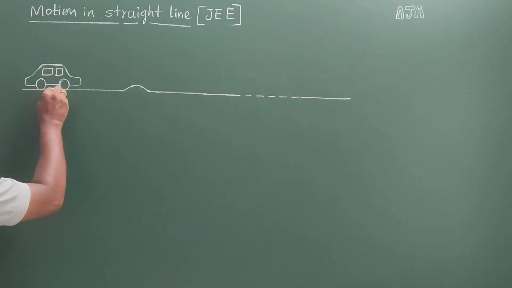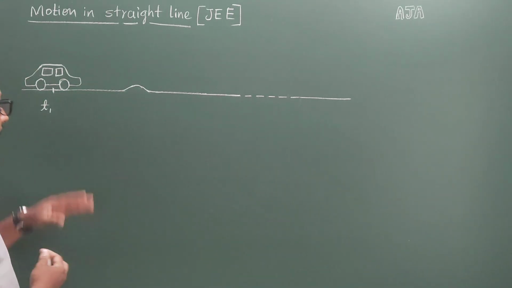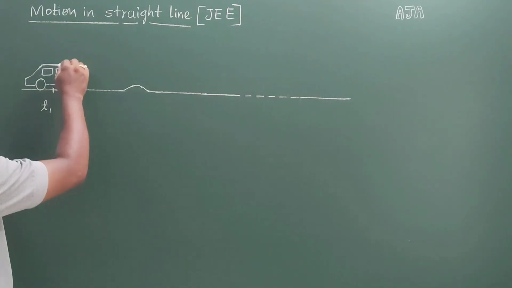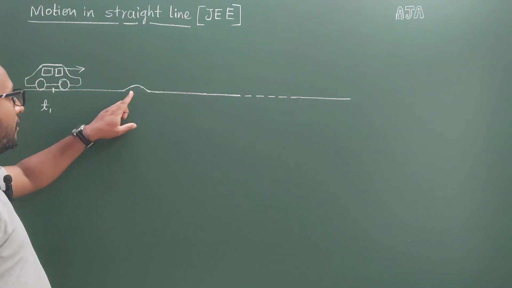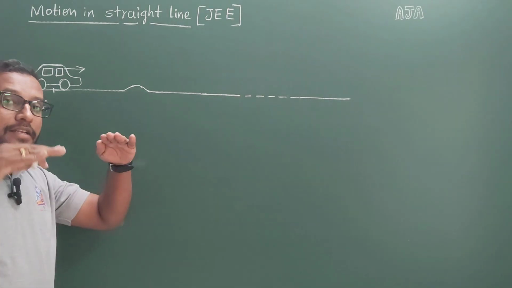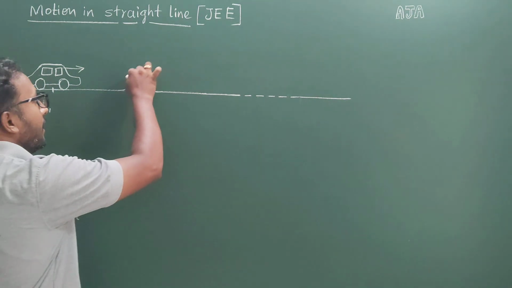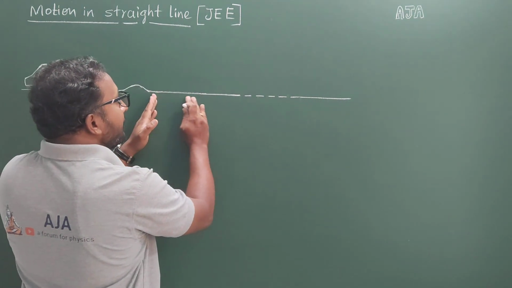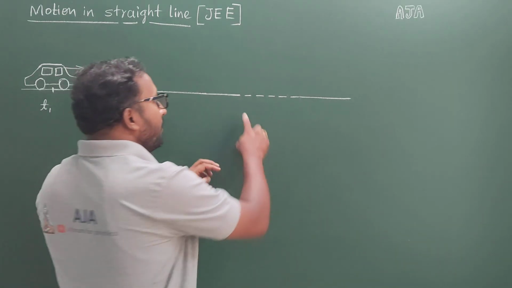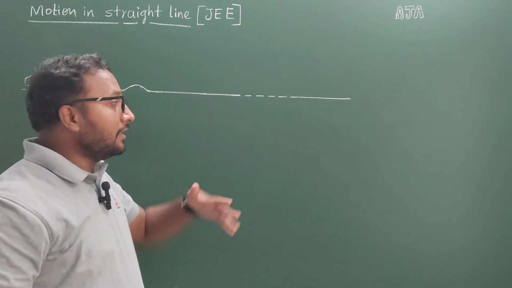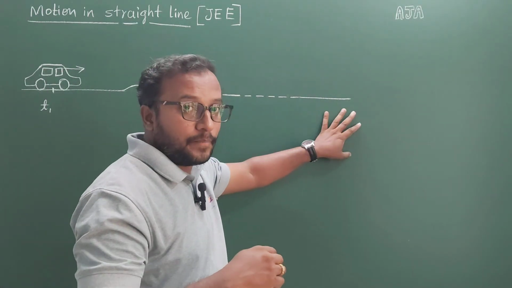Now assume that when the car is here, the time is going to be t1. This is nothing but the initial time. Now the car starts moving in this direction with a particular speed, and because of the hump over here, the car will get slowed down. I mean, the speed of the car is going to decrease because of the hump, and then after the hump the car will increase its speed till the irregularities or uneven road is going to come, and because of this irregularity in the road, the car speed is going to reduce again, and then the car will speed up and finally